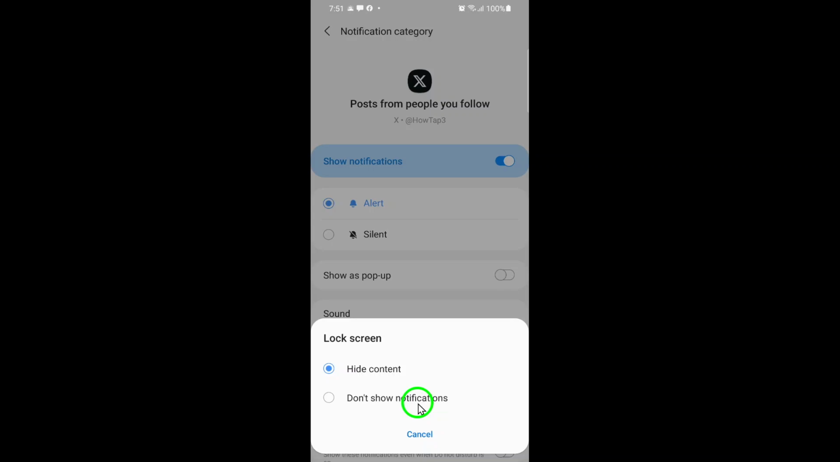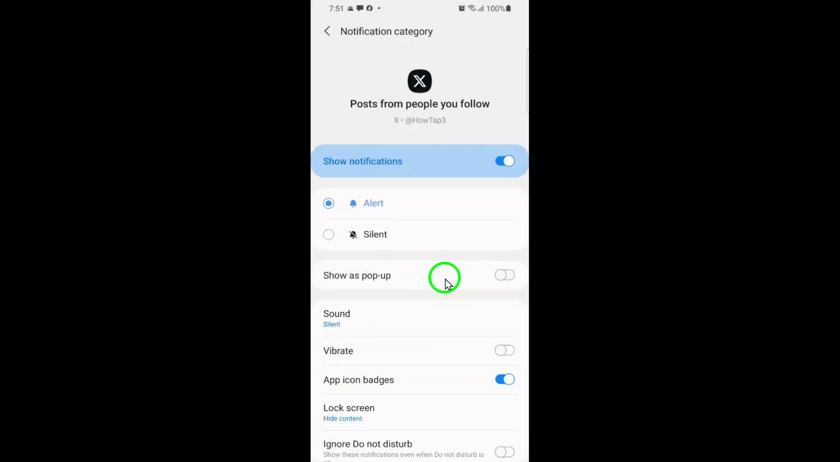And that's it. You've successfully customized your notification settings for the X app, so that posts from people you follow no longer appear on the lock screen. This way, your lock screen stays clear for only the alerts that matter most to you, giving you both privacy and peace of mind. If you want, you can repeat the same process for other categories within the app to really refine what shows up. Simple adjustments like this help keep your device organized and tailored to your personal preferences,